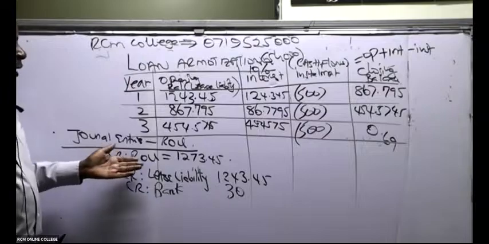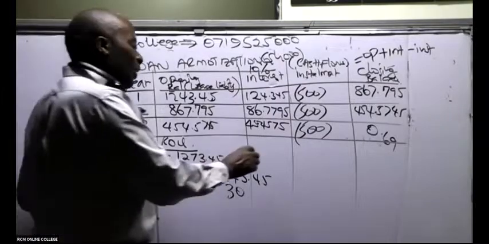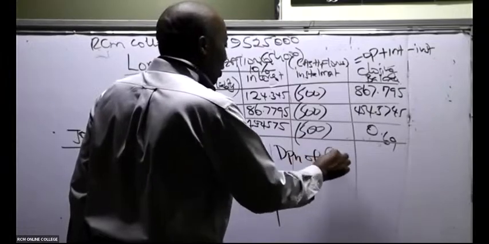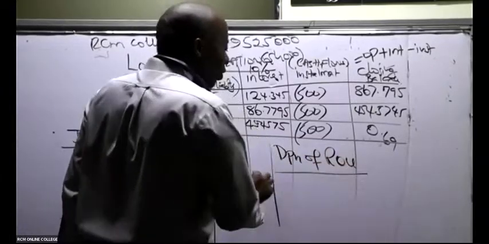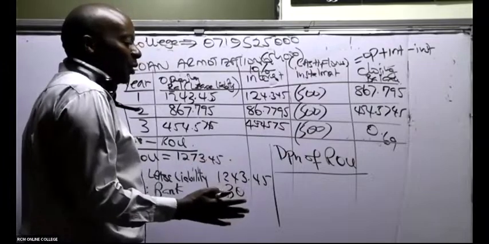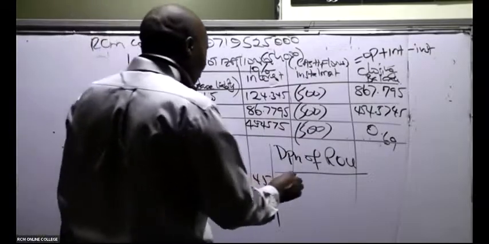Now, after you've gotten this right of use, then go ahead and depreciate. So give us depreciation of right of use. Depreciation of ROU. We depreciate the ROU. And remember, this is always straight line depreciation. Straight line. So we'll take this